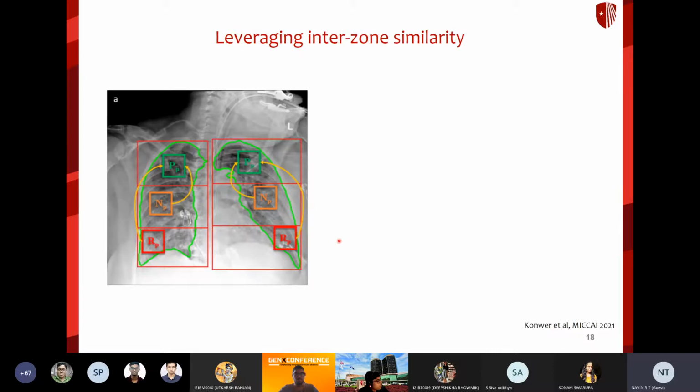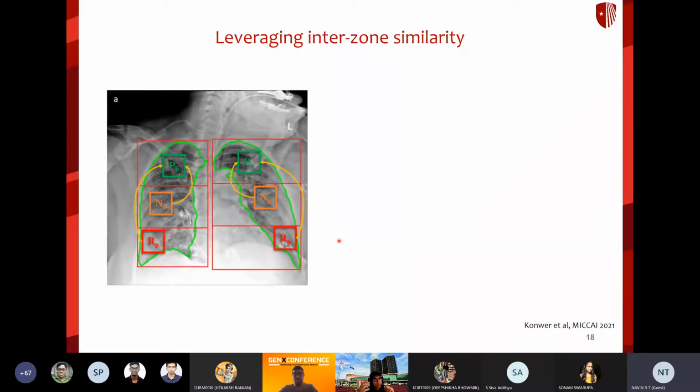Now, coming back to the first couple of slides of what I discussed, how do we integrate domain knowledge into a machine learning framework? When you look at the progression pattern of the disease from day 1 to day 2 and so on, you see that the infiltrates progress in a certain characteristic way within the lung. Typically they start out in the lower lung regions and they slowly move up to the upper regions by traversing the middle region. There might be exceptions, but this is typically the case when it comes to the progression pattern of COVID-19.